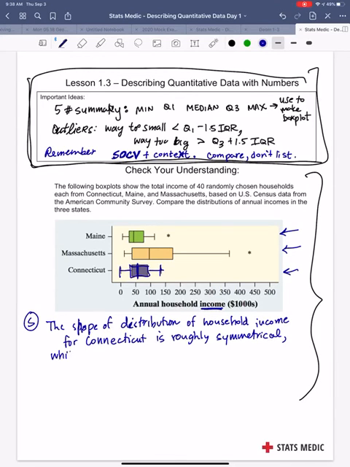While, right, these look like they're skewed. I can't fold right there, and I also have outliers. So those are going to be skewed right. While Maine and Massachusetts incomes are,